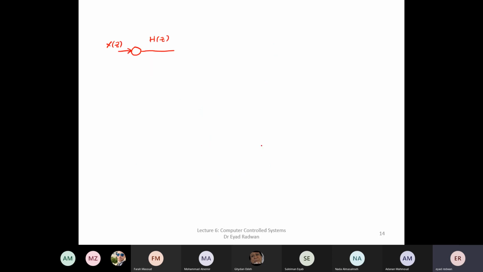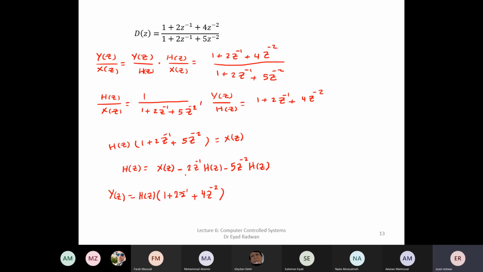So this is h of z, so I will take one delay unit, z to the power minus 1, then feed this back with a gain of 2, and subtract it from x of z. So the first term here, as you can see, is minus 2z inverse h of z. So next term,